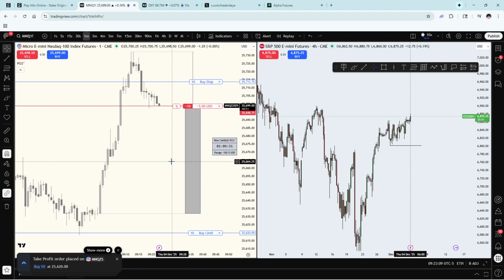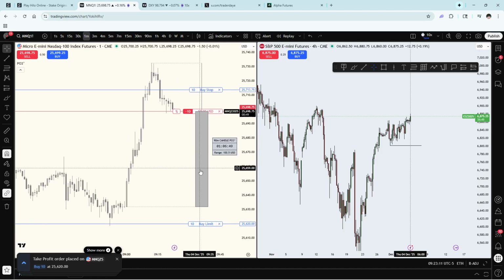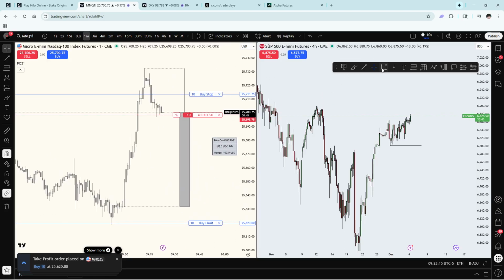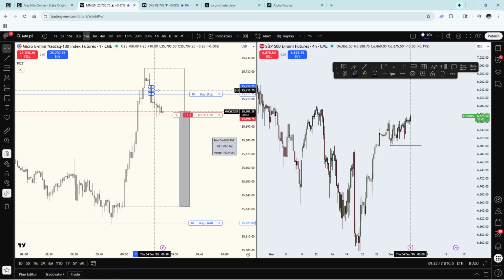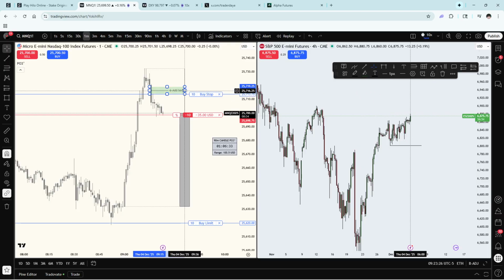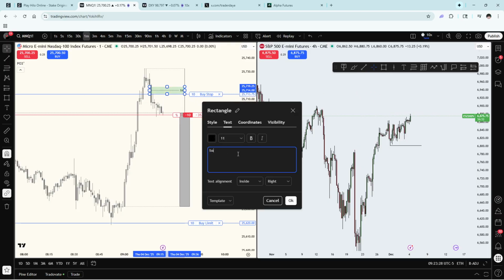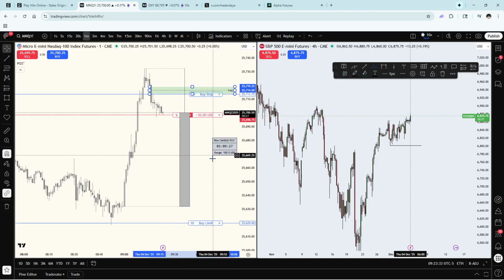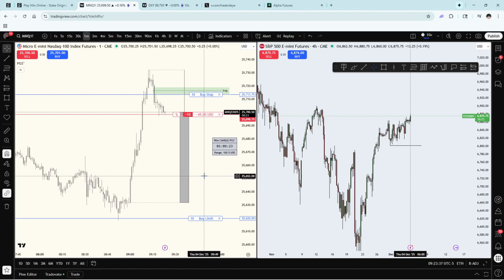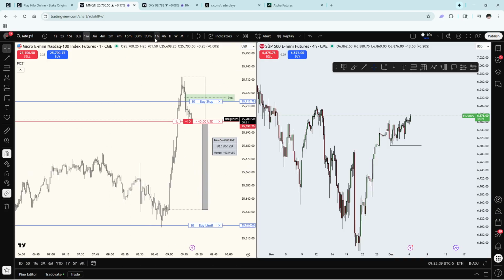Order submitted. Okay, so I'm going to take this trade here into sell-side liquidity right off the bat, and I'm anticipating us not to reach back up into this fair value gap. All right, so I'm going to annotate this as a bearish fair value gap, but I'm actually going to annotate it green, and then annotate it as a BAG, which is a breakaway gap, right? Which just means we anticipate price action not to trade up into there. And the reasoning for that is